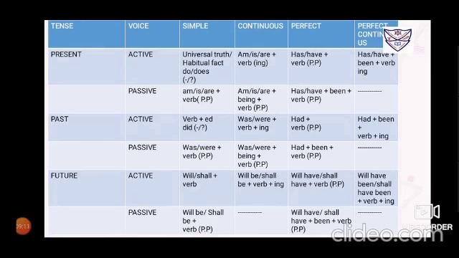And the verb, because in passive voice the verb should always be in its third form, that is the past participle form. For the past continuous tenses, was and were: she was washing clothes. So washing, the ing will be given in the passive form to being. So the clothes were being washed by her.